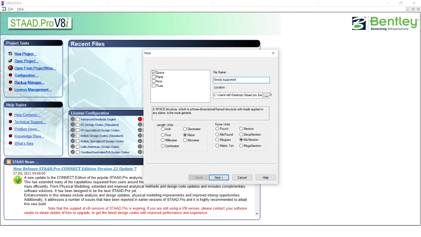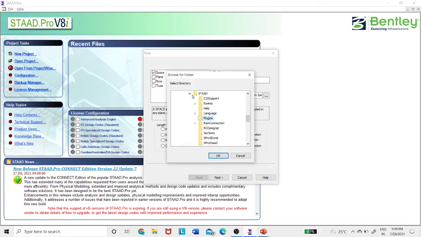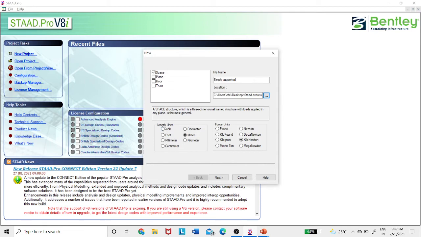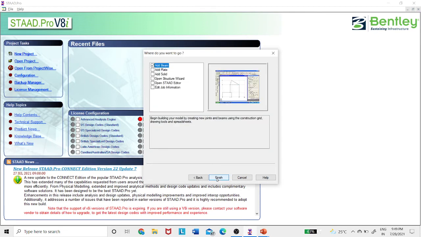Then you select the destination folder, because when you are working, so many files will be generated, so to avoid confusion you better open a folder and always work in that folder. Here I am saying it is STAAD exercise 1. And you see the length units are meter and kilonewton. Next, add beam, finish.